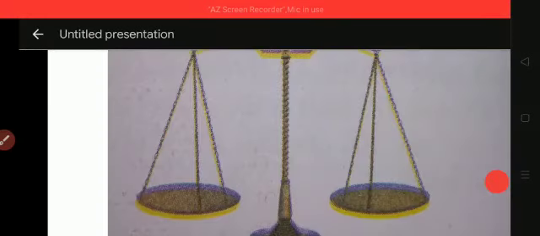Next, the seventh point is the solidus, that is the slash. For example, you can see the example there, m s to the power -1. Instead of this power -1, you can use the slash, but at the same time you should not use the slash more than once. Here you have J/K/mol, with the solidus twice, so you have to use only this form: joule per Kelvin, mole inverse. That method only you have to use.